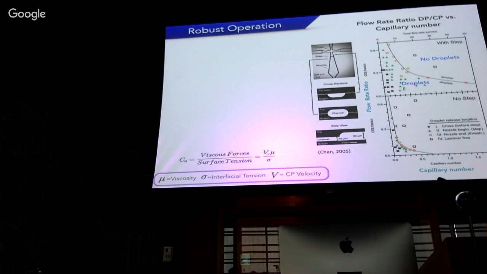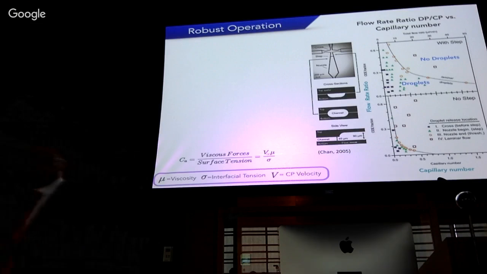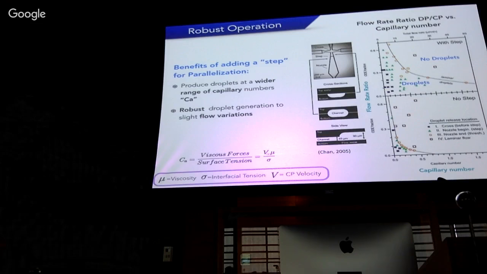So as you can see, with the step, in the top image, you have a wider range of capillary numbers in which you can generate droplets, whereas with no step, this is very narrow. So the benefit for parallelization is that we can generate droplets even if there are variations in the capillary